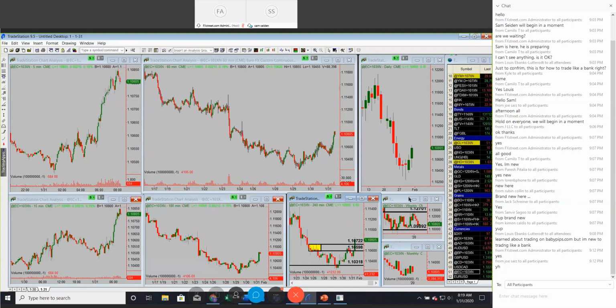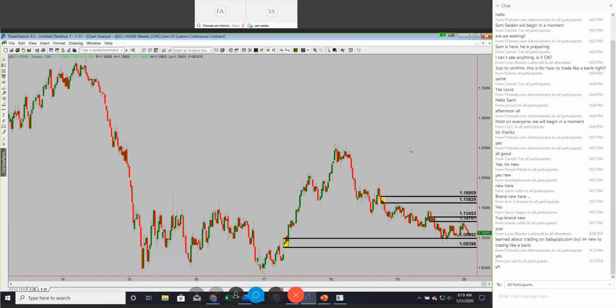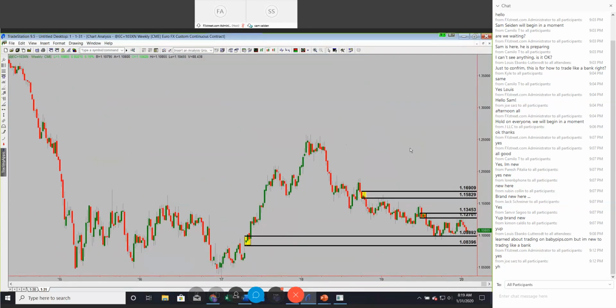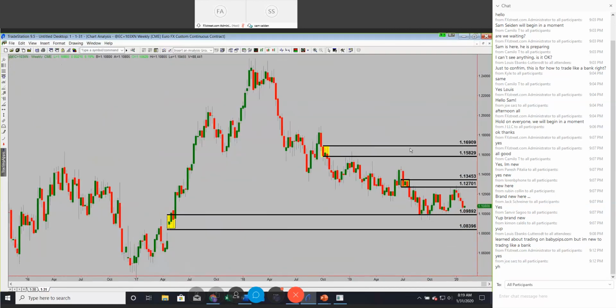Before we do that, who's been with us at least for the last year? These are the levels that we've had on the weekly chart of the euro for, wow, going back a really long time. So all that's happened is prices have gone from supply down to demand, and now the range is tighter because we have new levels. Well, you always want to make sure you understand where you're at in the bigger picture, and there you have it.